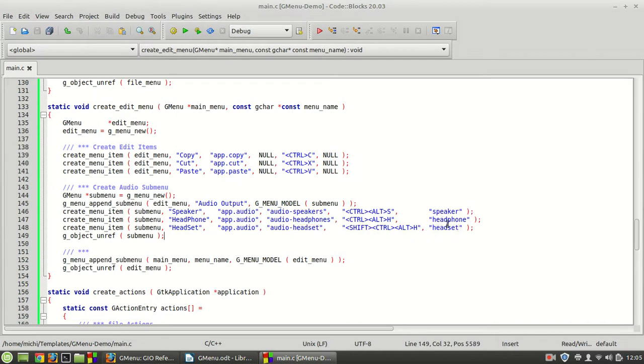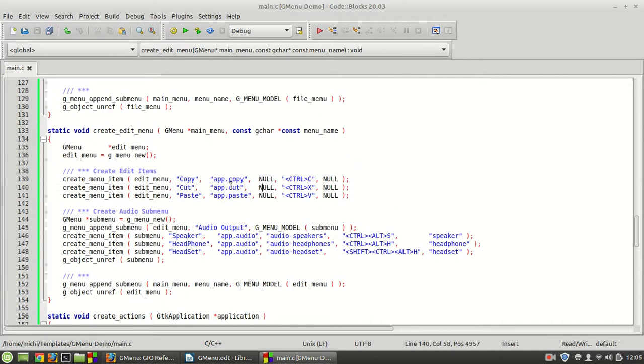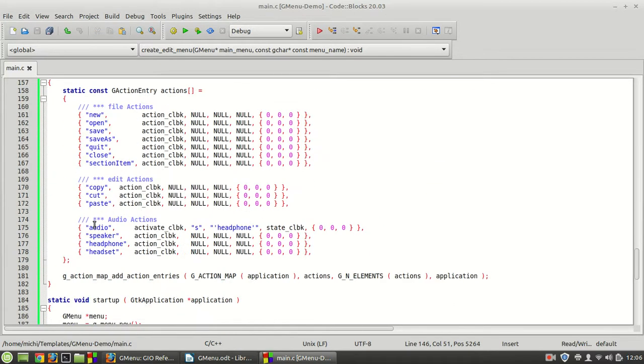And because we set these targets, we had somehow to connect them, which means this time is different from all other items where we create the same item for the same action for the label item. In this case, we are basically creating one and only one action, which is the same audio for all of them, and with the help of this audio action, we are calling the activate callback with the headphone set parameter,